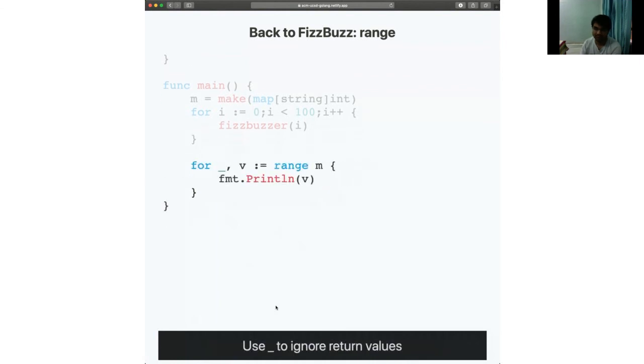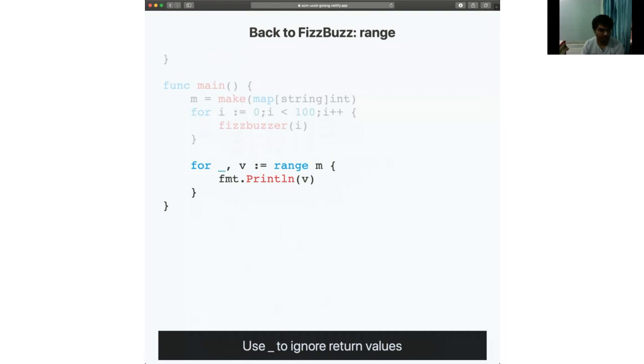And if, let's say, you don't want to write the key because you know the key, like there's only 4 different values here, you can use the underscore operator to ignore a return value. And actually, you can use an underscore anywhere. So let's say you have a function that returns like 5 different values, but you really only care about 3 of them. You can use an underscore to ignore the other 2 values. So yeah, does that make sense?